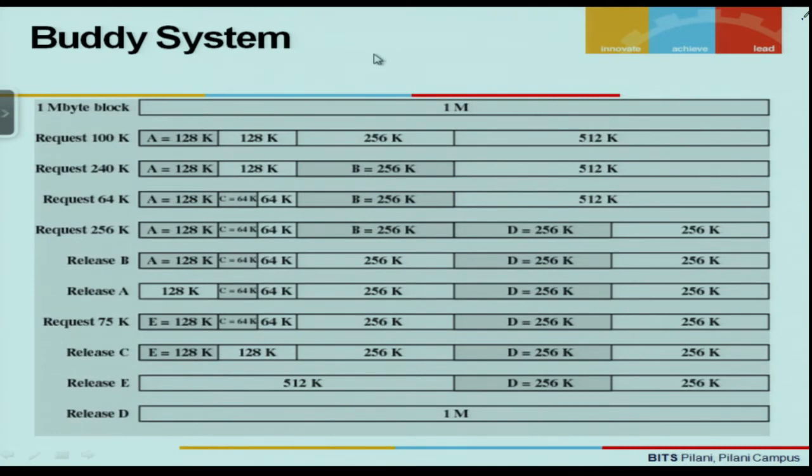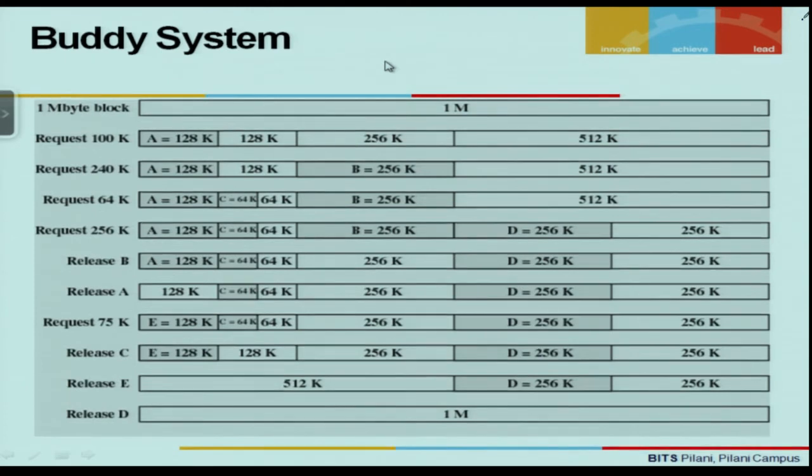In our case U is 20, so U minus 1 is 19, that is 2 to the power 19, which is 512K. We find that S is smaller than 2 to the power 19. As a consequence, this 1 megabyte of memory is partitioned into 2 equal blocks of 512K and 512K.